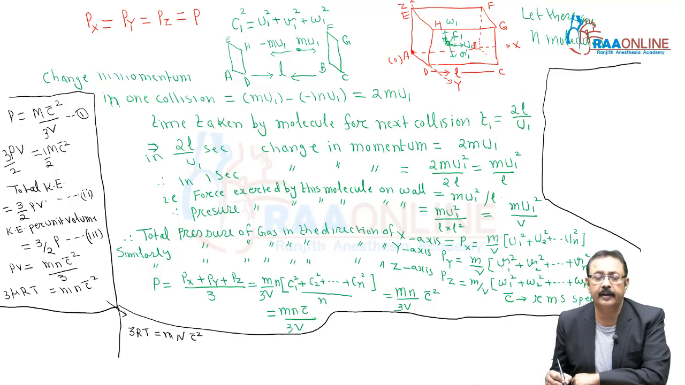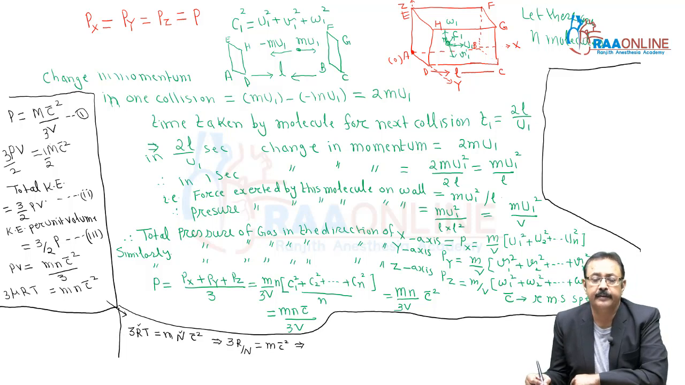So I am getting 3RT = M N C bar square. Since the universal gas constant and Avogadro number both have fixed values, we can take this N to the denominator of R, and you will get R by N, one new constant, times M C bar square. What is the name of this new constant? K. And this T stays in its place. So we are writing 3kT